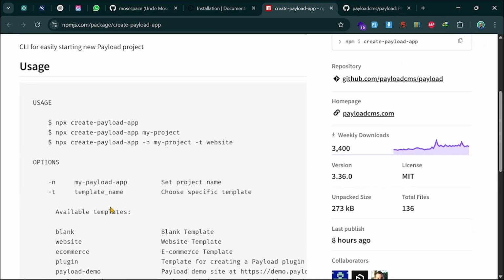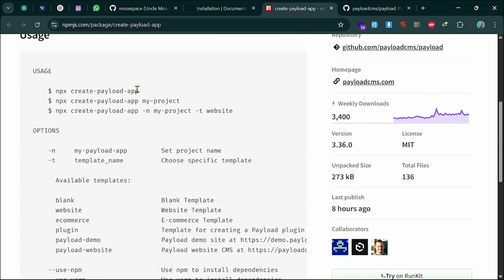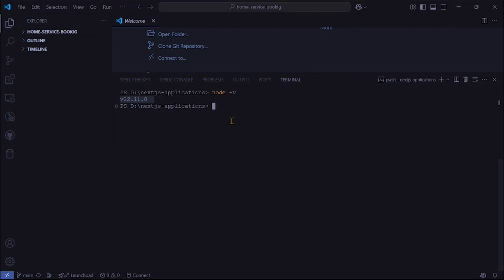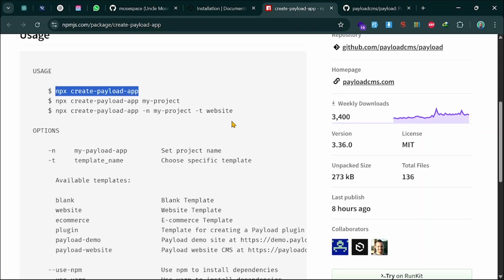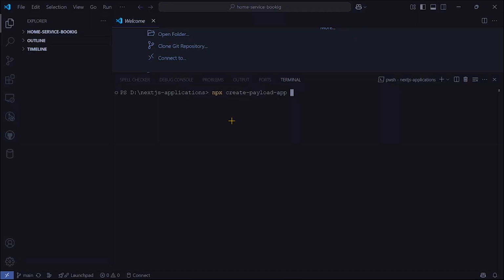So what I'm gonna do is copy this and copy this, the first step, and go to my VS Code, clear this, and paste it there. Remember, we've said you can pass the options. For example, I want to pass a name for my application. For example, I'll just say payload,